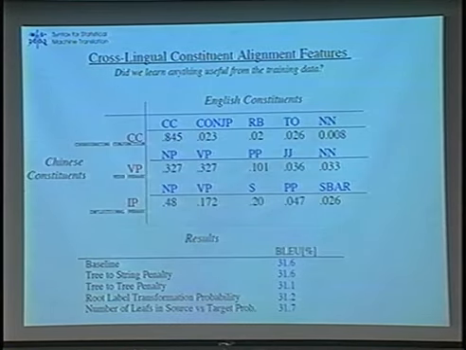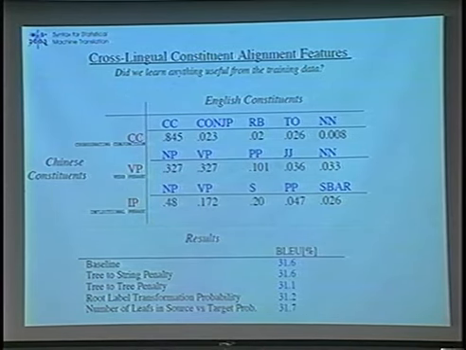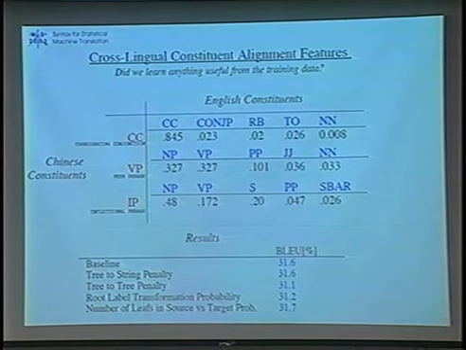So here are some numbers. On the top is a chart that reflects numbers from the training data. This is supposed to reflect the quality of information that we've learned from our training data. So this tells us a few things. One thing to note: we've listed 3 examples here, a CC, a VP, and an IP.